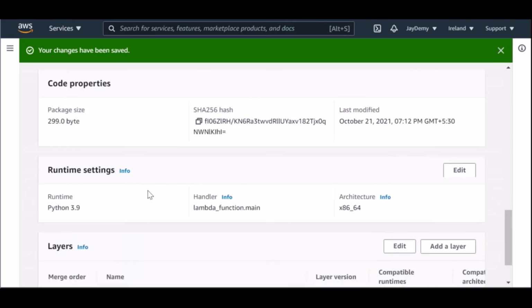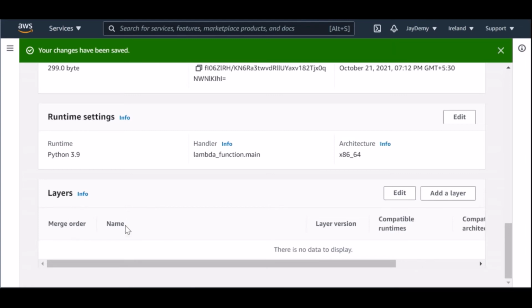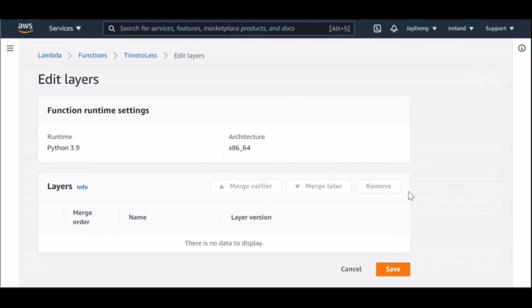Okay, and we also have an option here, layers. Layers are a very important concept when we are working with production-grade environments. A lambda layer is a zip file archive that contains additional code or other content beyond what we are using for this specific function. A layer can contain libraries, a custom runtime, data, or configuration files.